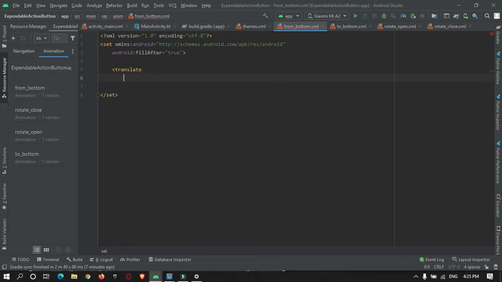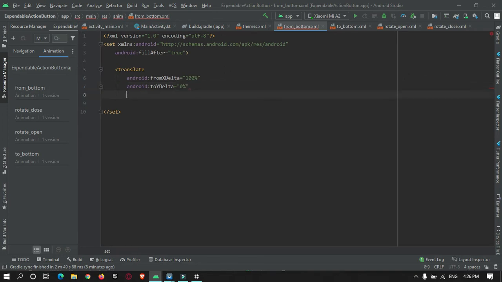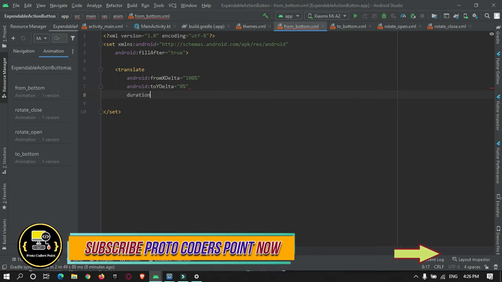Translate from Y delta 100% to Y delta 0%, and give a duration for the animation effect.